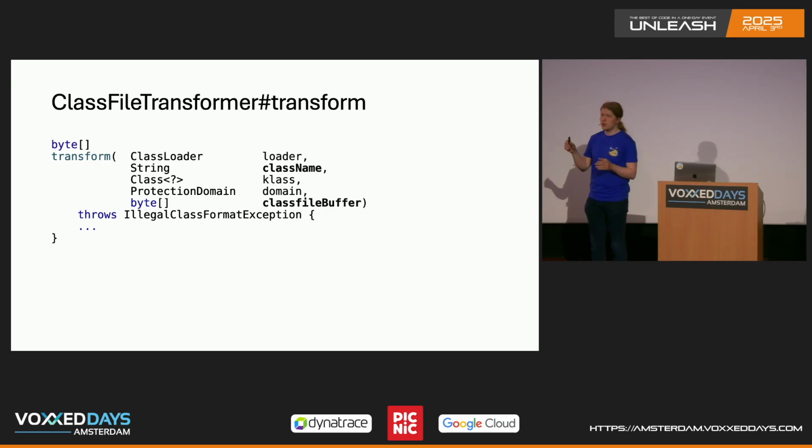That's the version without modules, but there's also a version with, but that's the simplest version here. We get passed the class loader. So which class loader tried to load this class? Which class loader does this class belong to that we're loading? We're getting the class name. That's always helpful to know the name of the class. Then we're getting a class object if this class has already been in the JVM, so essentially if we're retransforming it, because if the JVM just loaded the class, we don't have a class object, obviously. And then we get a protection domain that's related to security, and then we get the bytes, so that's just